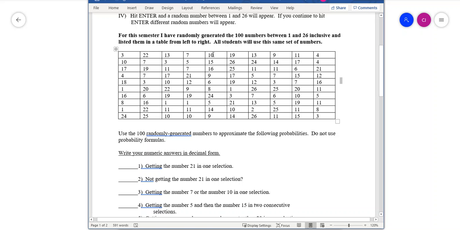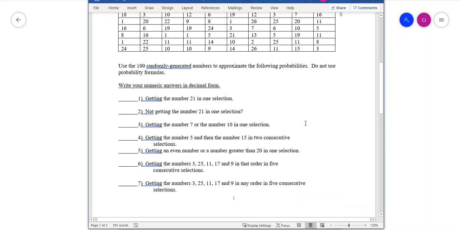You got to go through and count. 1, 2, 3. Here's 4, 5, 6, right? 7. And then you go through and you got to count. And as soon as you count through them, that's it. That's how many out of 100. All right, now